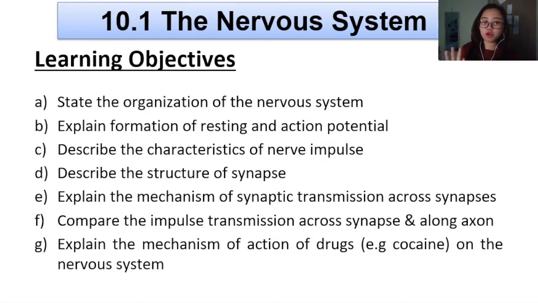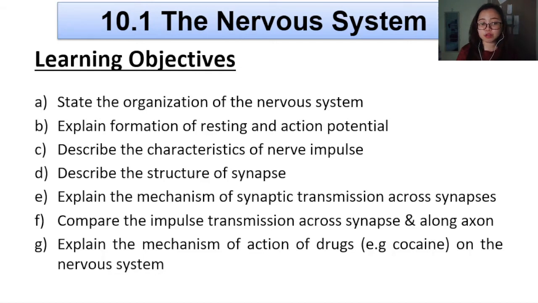As usual, before we go into the contents, let's have a look at the learning outcomes. I hope that by the end of this lesson, you will be able to state the organization of the nervous system. You would be able to explain the formation of a resting and action potential. You would be able to describe the characteristics of a nerve impulse, describe the structure of a synapse, explain the